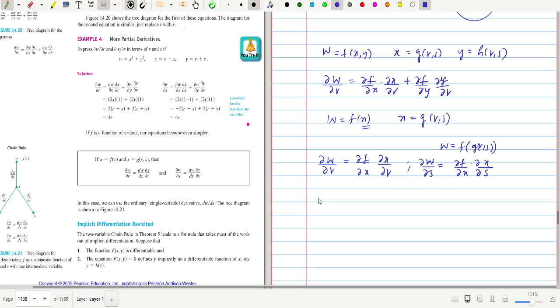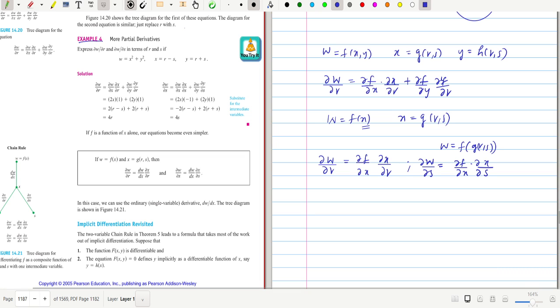So this is the formula for the partial derivatives of w if w contains only one independent variable x. So this example 4 illustrates the case where f contains x and y. So w is equal to x square plus y square, and x and y are defined in this manner. Then partial derivative of w with respect to r. We already discussed in the case where x, y, z are there. This is only two terms, partial derivative of w with respect to x,